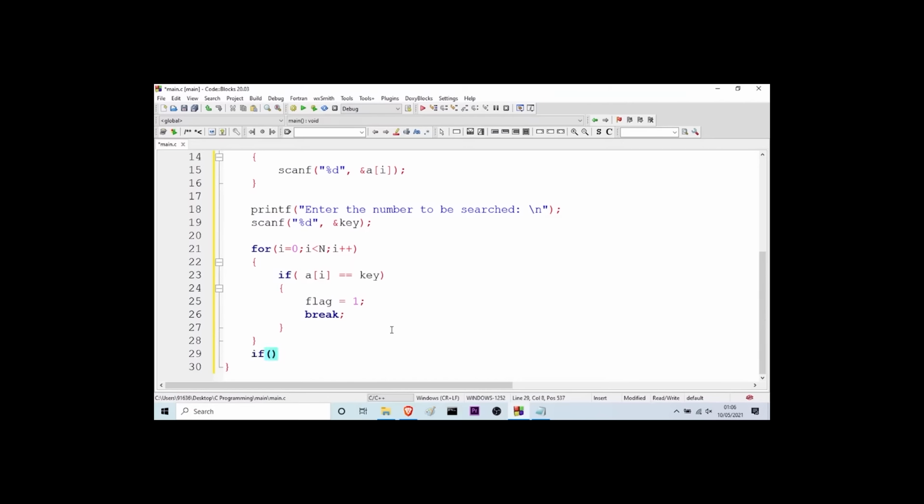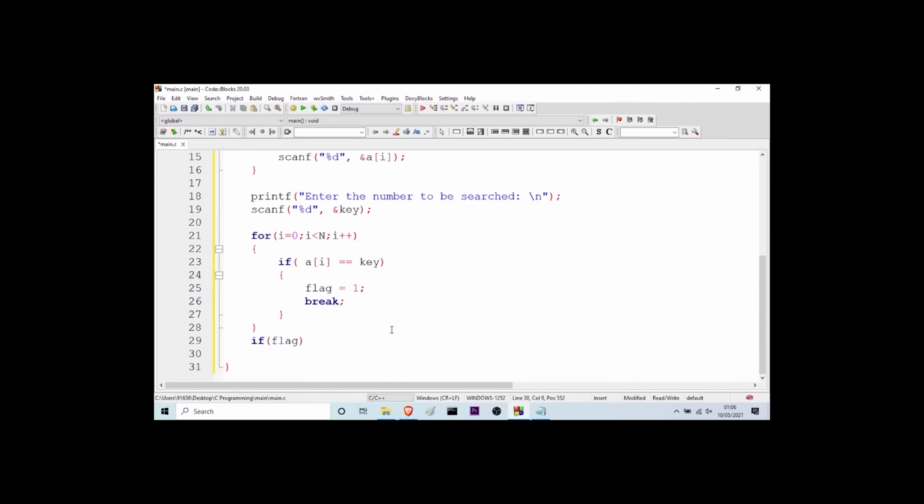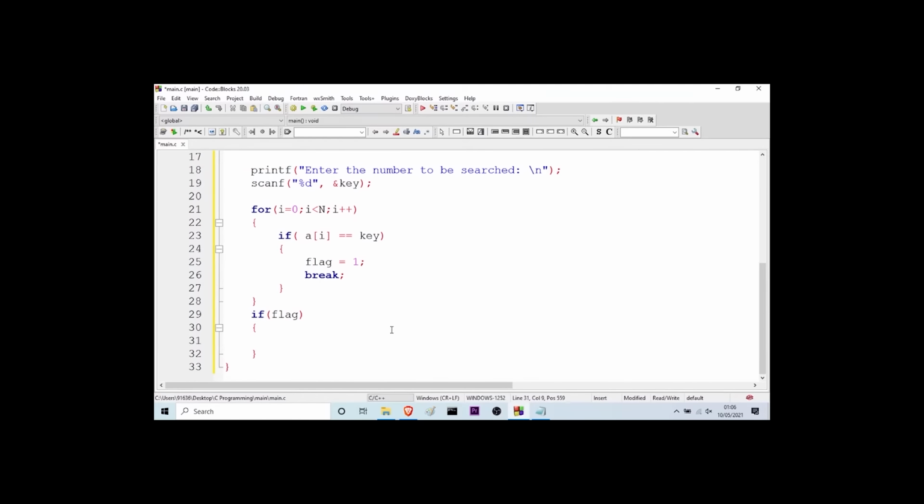If inside brackets we will write flag, that means if the value of flag is 1, then inside the braces I will print number found, search is successful. Then I will give the control to the next line by using the /n, and here I will use the semicolon,